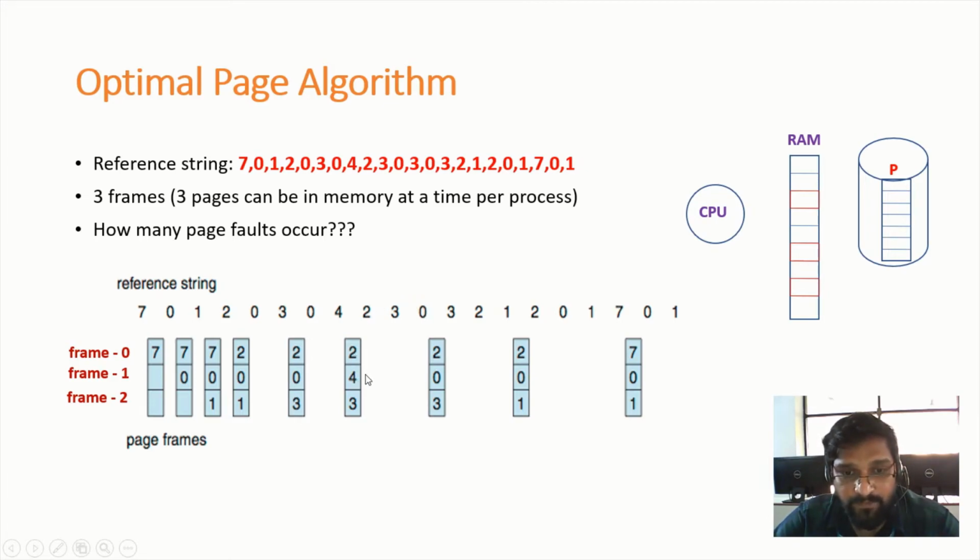Now which page number should be replaced with page number 0? For that we need to see the near future beginning from 0, right? In near future I need page number 3, so therefore page number 3 should not be replaced. And in near future I need page number 2, so therefore page number 2 should not be replaced, and the leftover is page number 4, so therefore page number 4 will be replaced with page number 0, right? So after replacing page number 4 with page number 0, the contents of the RAM will look like this, right?